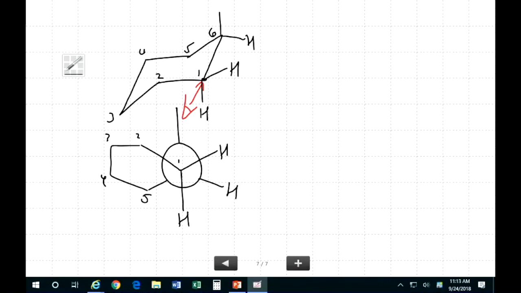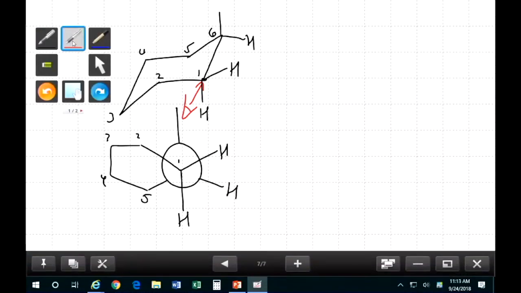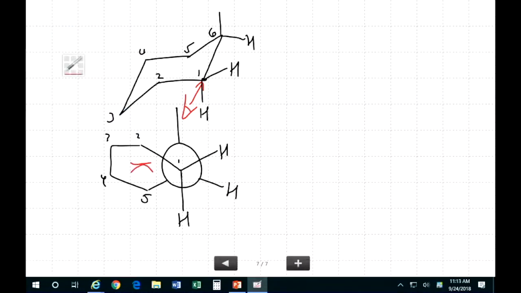So when we have our group axial, I have this gauche interaction because I have two non-hydrogen groups, carbon 2 and carbon 5, side by side. So here's one gauche interaction. And you're always going to have that gauche interaction when you have a ring. And then I have a gauche interaction here between my methyl group and carbon 2 of my ring. Right? Now,